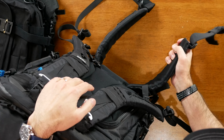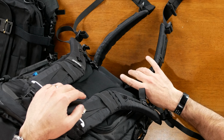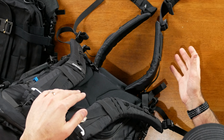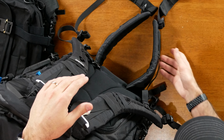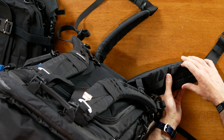Now the waist strap on this is really comfortable and pretty large. It is not removable, so that's kind of a negative for me. But it's great, and if you're traveling with 44 plus liters, you probably need a waist strap, but I just wish it was removable. It also has some loops here on the sides, and so I'll use a